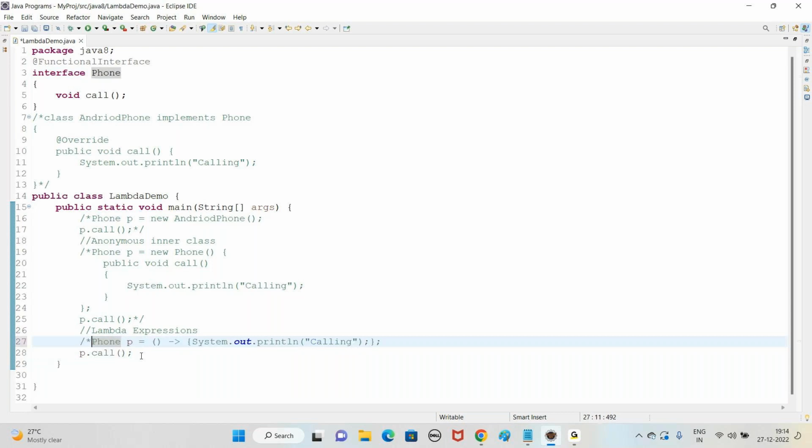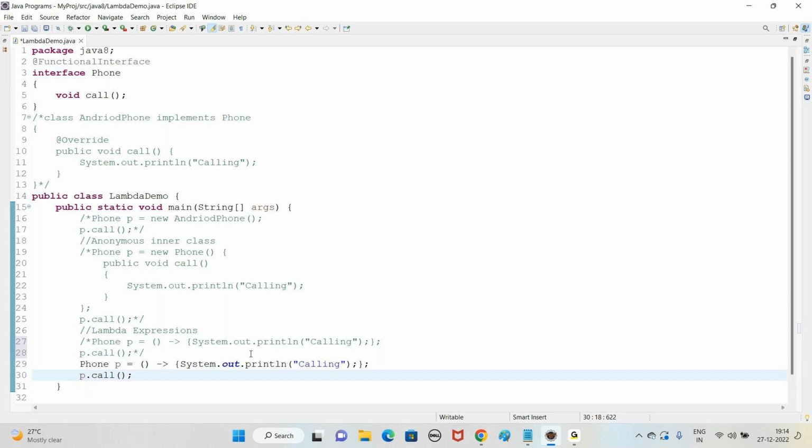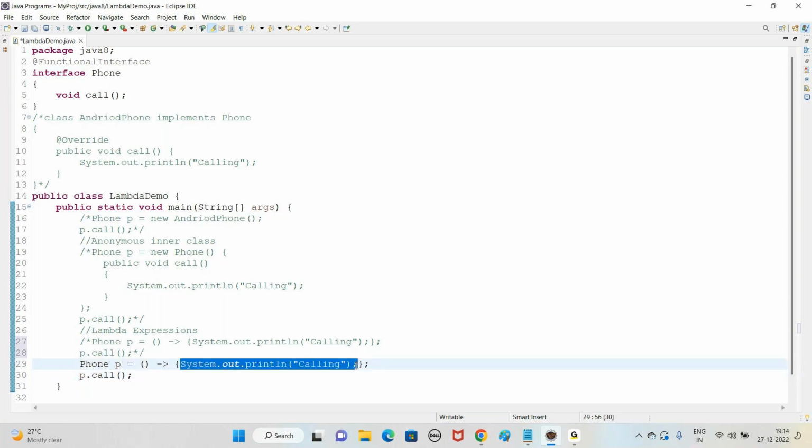I'm just going with the different syntaxes here. One more syntax is, when the body of your method contains only one statement, then using curly braces is also optional. One more syntax. If the method is taking an argument,